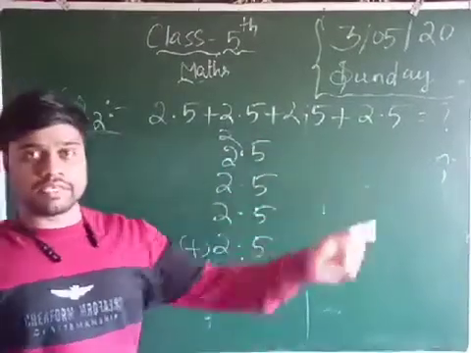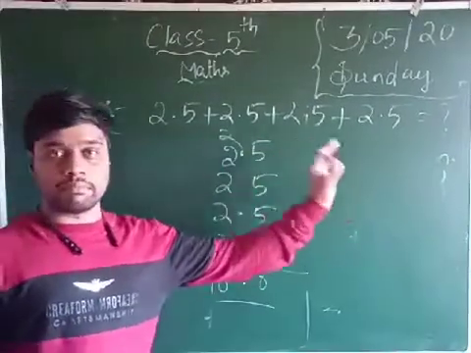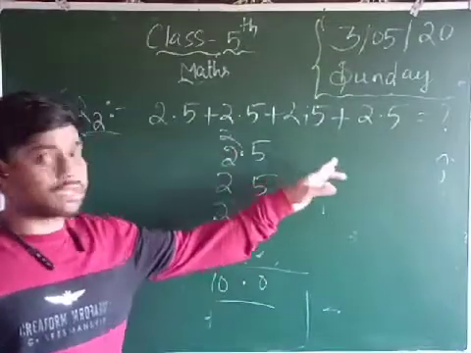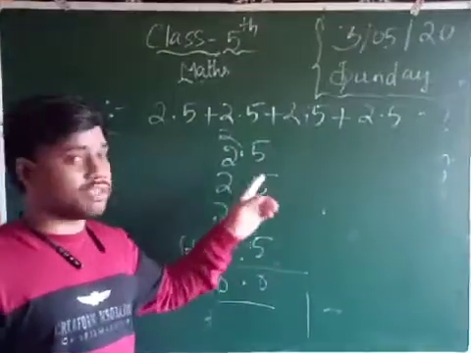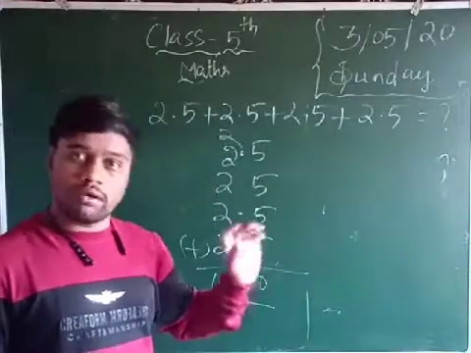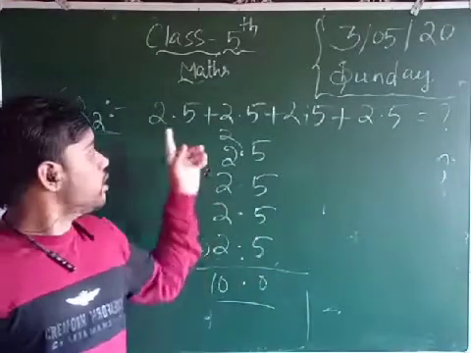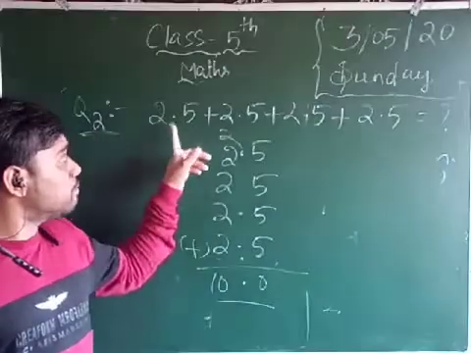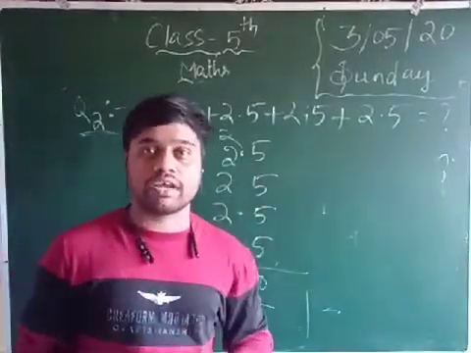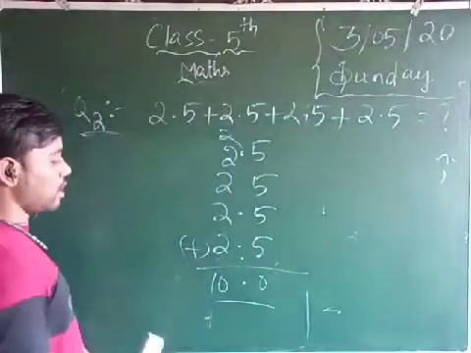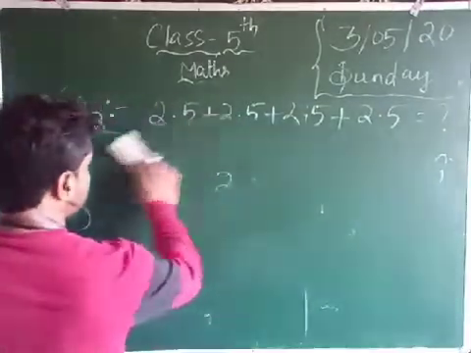If the same numbers are present, you count how many numbers there are, and multiply by that number. Here 4 numbers are present in 2.5, so you can do 25 into 4. As for the decimal, first you do the multiplication, then after the answer comes, you count the digits after the decimal in the numbers, only one number is present after the decimal, so in the answer also take one number after the decimal.